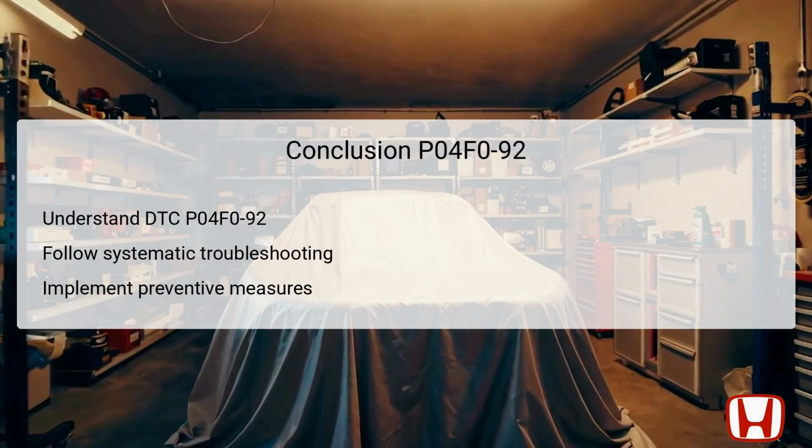Additionally, after repairs, implementing preventive measures can ensure long-term system health, reducing the likelihood of recurring issues. Engaging in regular inspections, monitoring for leaks, and ensuring all connections remain intact contribute greatly to maintaining vehicle performance and